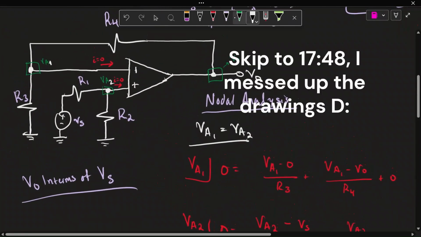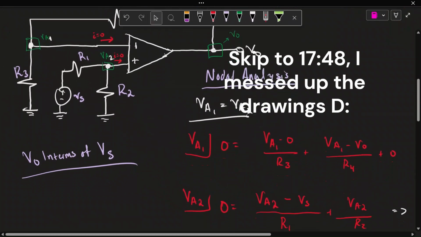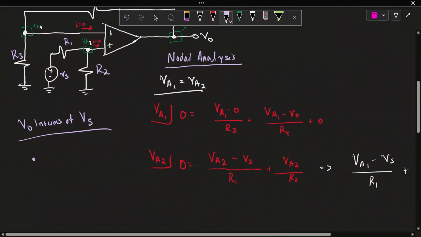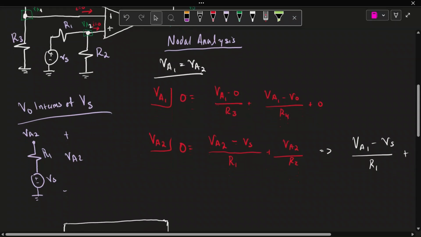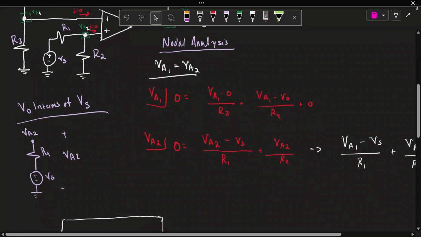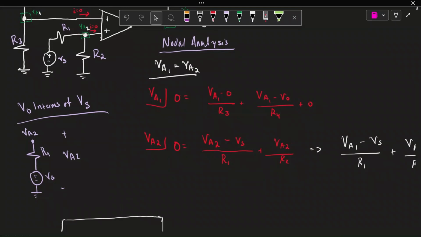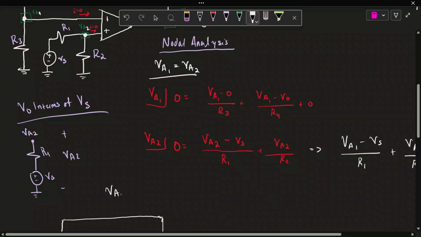Let's look at VA2. If I were to draw this out, it might be a little easier to see. Let's say we have the potential VA2 at this point. We have this resistor and this voltage, and then we have ground. VS, so plus minus, is VA2, and we have R1. Well, this looks like a simple voltage divider. Of course, voltage dividers that we use usually have resistors, but this is the same thing. VS will just be fixed, so the voltage across R1 will be fixed. So can we say that VA2